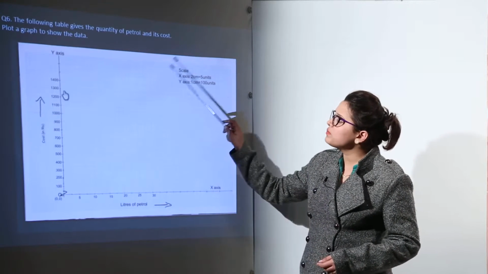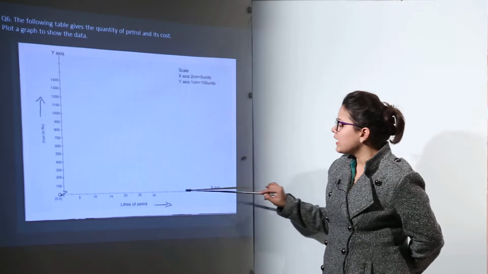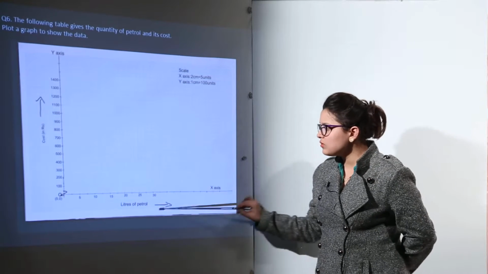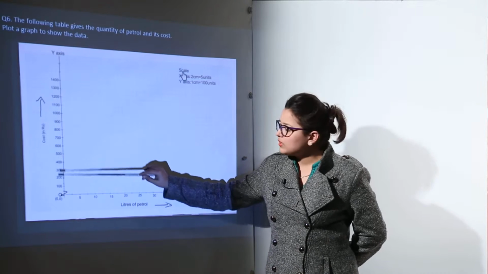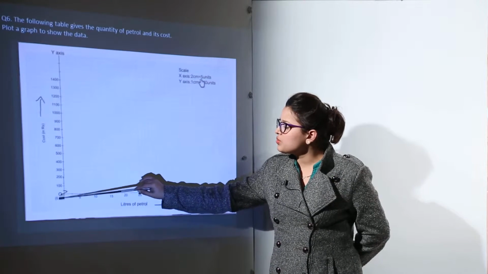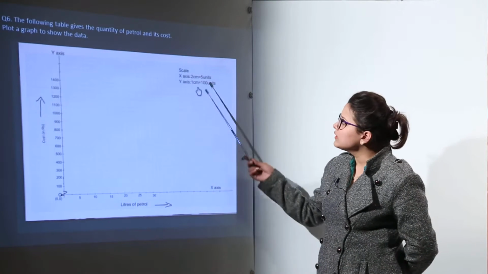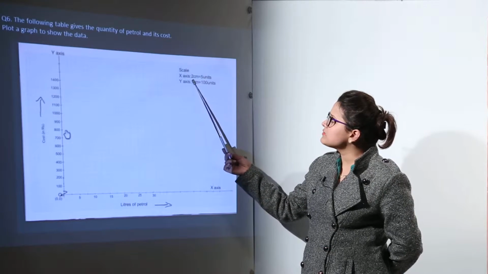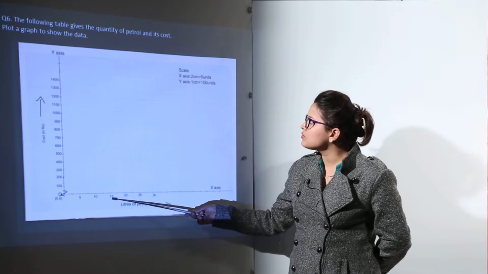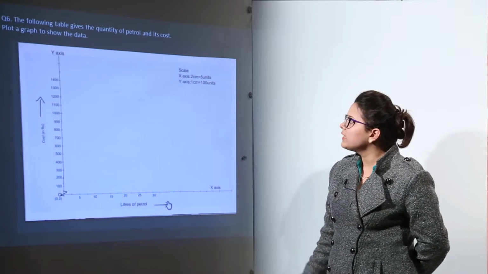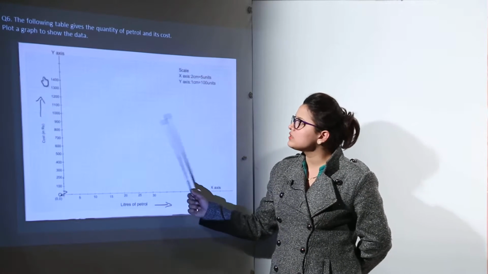So now we are going to plot that graph on this graph paper. We have made the x-axis and on the x-axis we have taken the liters of petrol, whereas on the y-axis we have taken the cost in rupees. Now we have made a sign over here showing that we are not representing the values between 0 and 100. We have taken the scale on the x-axis where 2 centimeters is equal to 5 units. Every 2 centimeters travel we will show the 5 units change, right? And the 1 centimeter is showing us the 100 unit change.